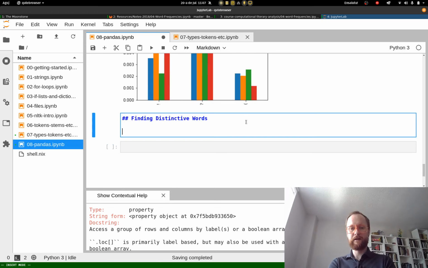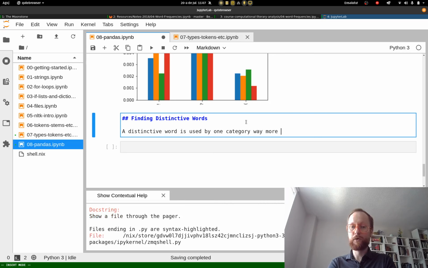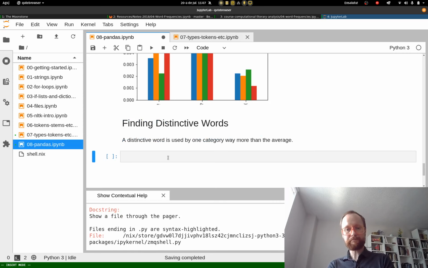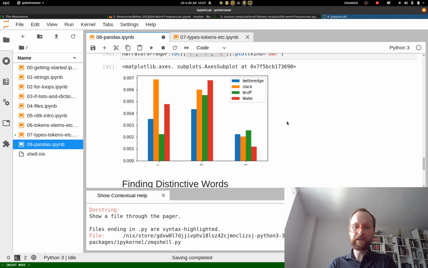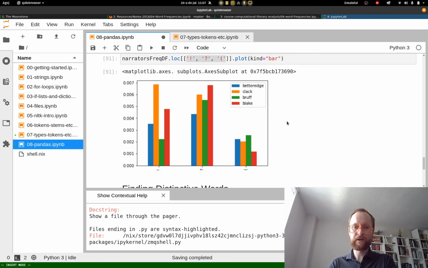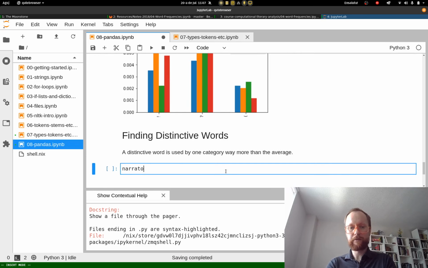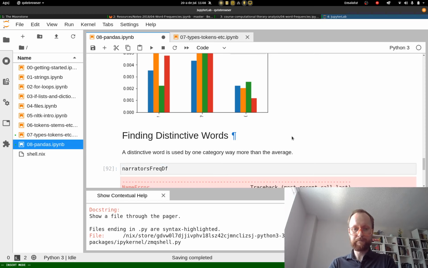We could say a distinctive word is used by one category way more than the average. Okay, so first we would need to calculate the average, right? So if we have this narrator's frequency data frame,